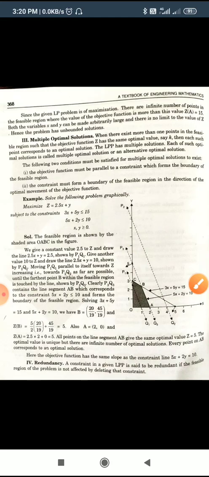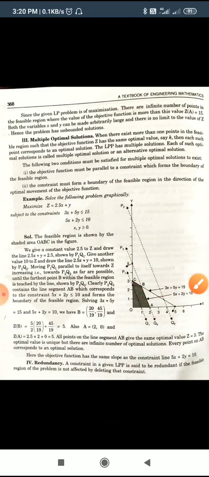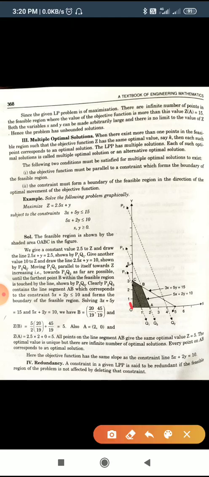Similarly, we can find the second line. So, this is the first line, and this one is the second line. Plot them on the graph using these coordinates, and after that we find the corner points. There are 4 corners of the feasible region. First one is this, second one is this, third one is this.